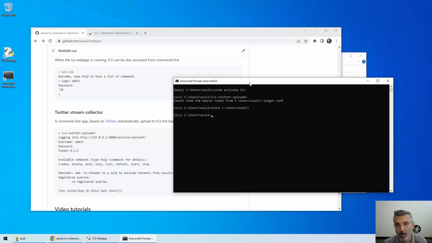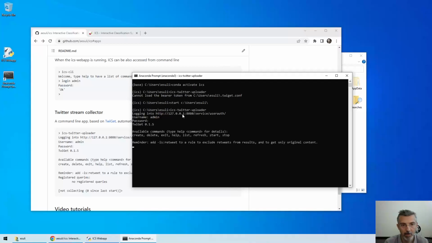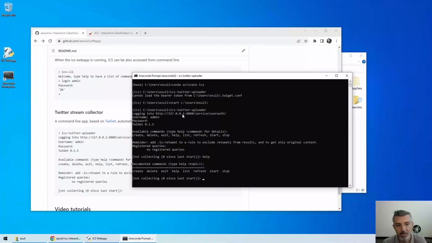So if now I run the command, it starts, and it tells me that I have also to log in into the ICS application that is already running, because you need also to have the ICS application running. So I use my credentials to access, and there you can see a list of commands, some information about this command line application, and this is the list